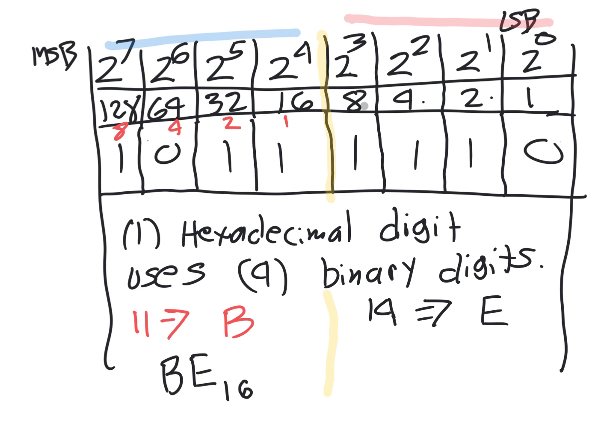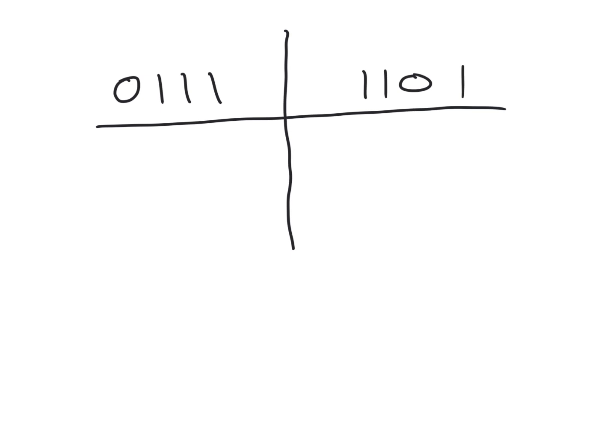Okay. Let's do another one. 0, 1, 1, 1, and then 1, 1, 0, 1. Okay, so add up the weighted numbers. So this is going to be 1, plus 4. So this is 2, and there's a 0 there, so we're not going to use it. Plus 8. So 8 plus 4 is 12. Plus 1 is 13